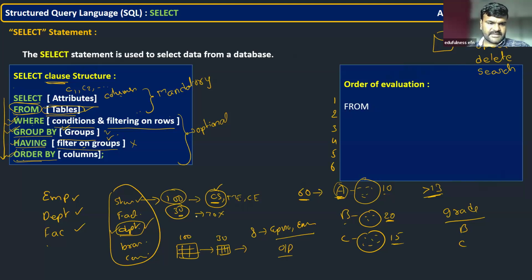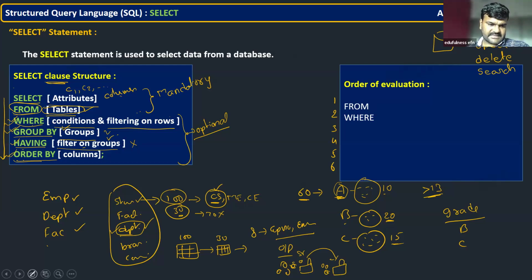Then what you want to do next, based on your query, you do on this data. Simply, if you are moving goods in a vehicle, you leave what is not required at the source side. Why are you bringing all of them here and then leaving them here? What is not required, you immediately eliminate. So that's why, if you have a where clause, because it is optional, in your query, you try to eliminate unnecessary records immediately. So the where clause is going to execute after from, as many of you told.